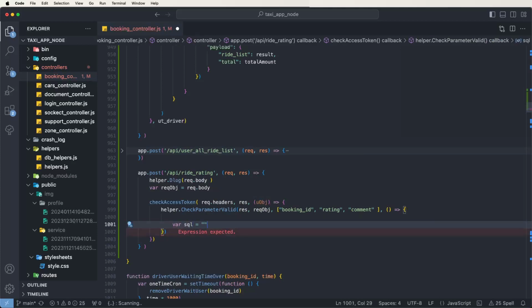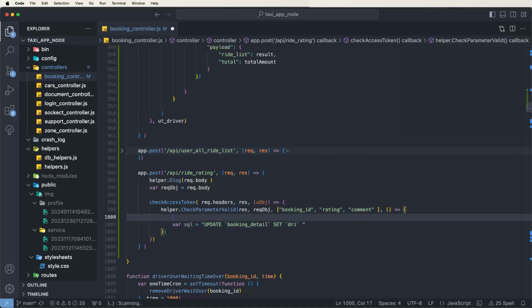SQL is equal to call this here update booking detail and to call this here the set columns. Now first need to if assume as a this data are the user call this API. That's why I need to pass this here the driver ratings. If user calling this API, then